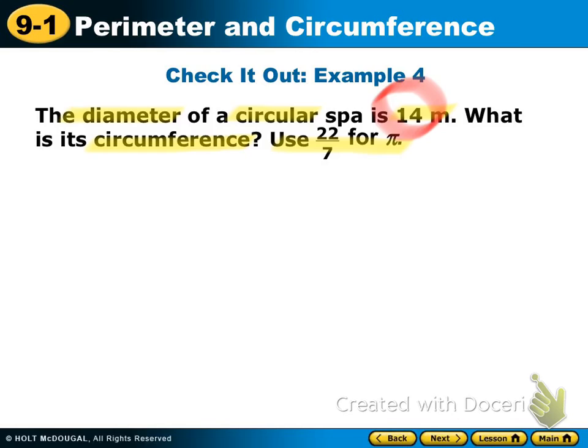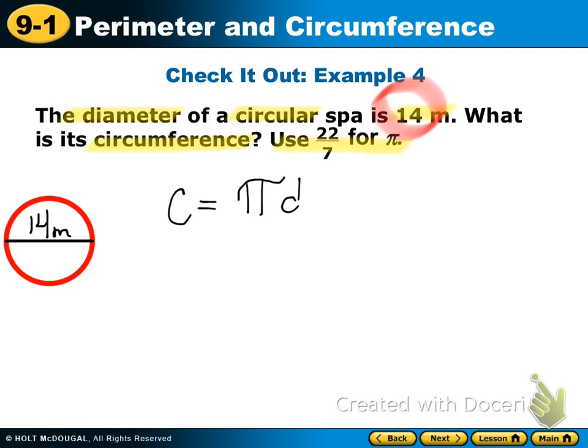So now we're going to set up our formula, and if you need to see a picture so that you know what it looks like, then by all means, draw a picture. So if this is your picture, and here's your diameter, and it says the diameter is 14 meters. There's your picture. It takes you 2 seconds to make sure you have a good understanding of the problem. So now circumference equals